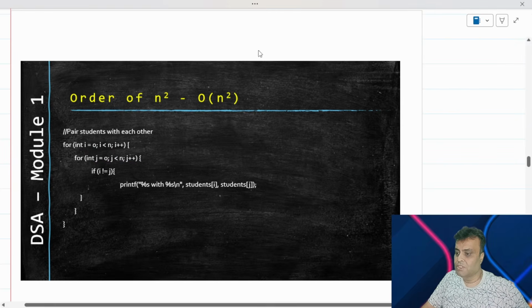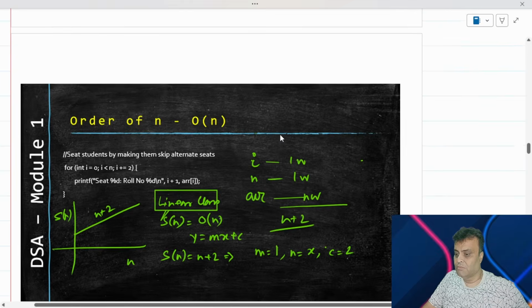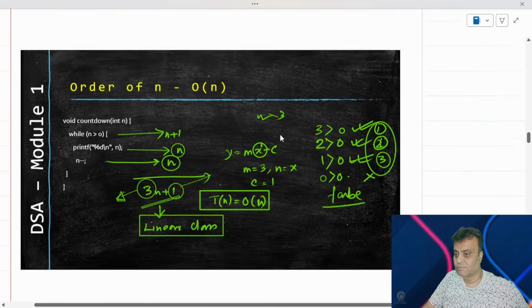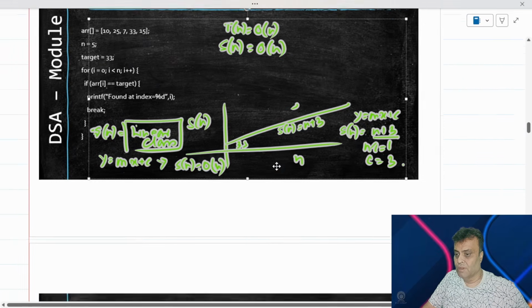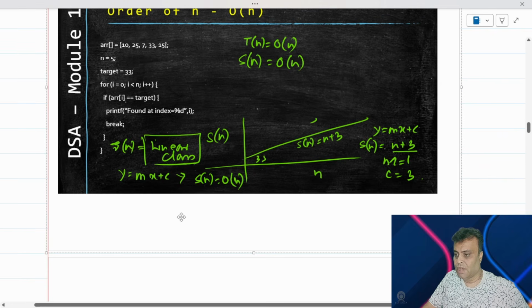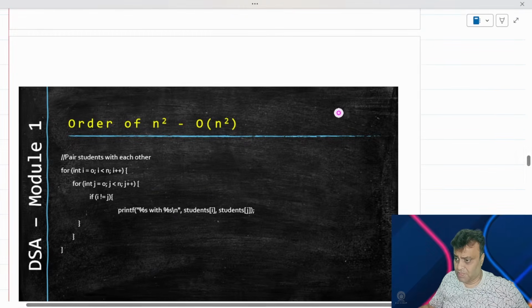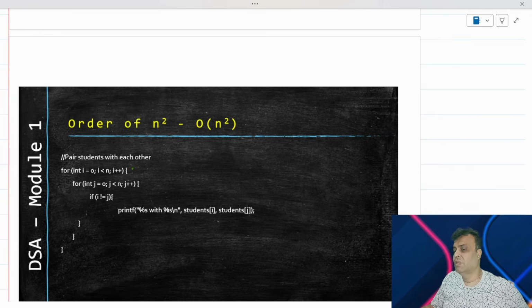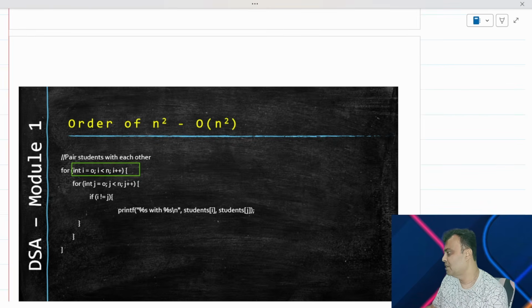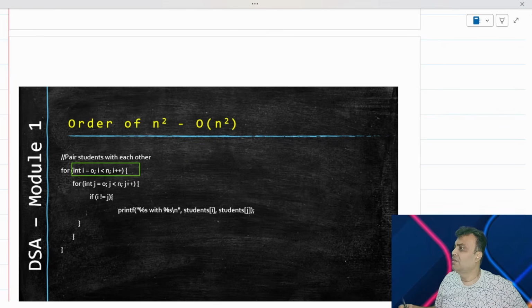Now come back to the previous problem. Okay, in the previous problem, in fact, I think we have removed the solutions for the previous problem, but no worries, we will do it here. Now we will just try to establish one thing. How much time does this take? How much time does this entire thing take is what we will try to establish, right? And this we will continue doing in all our future examples, right?